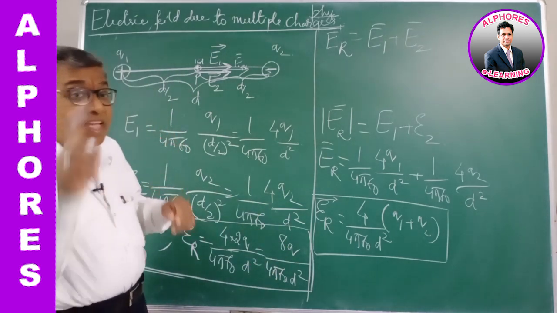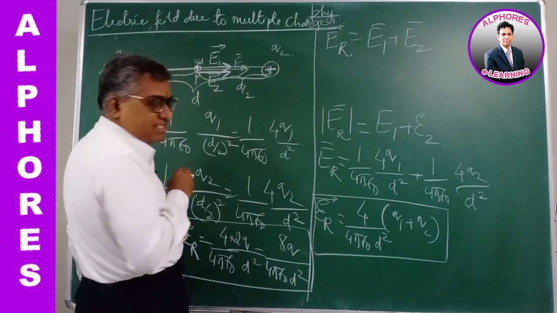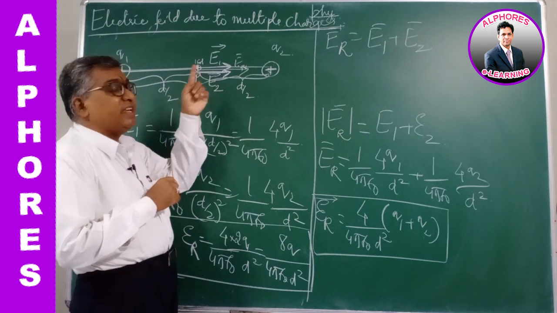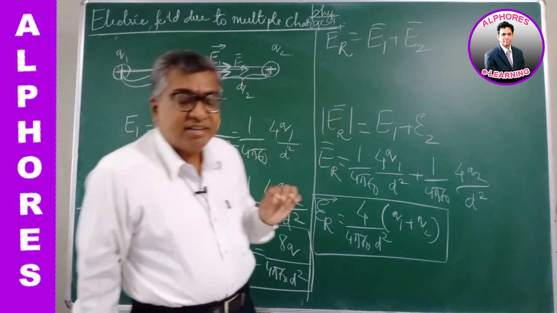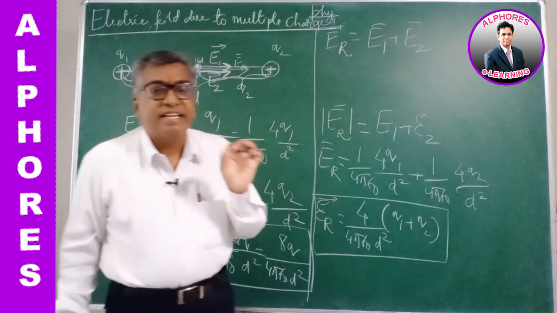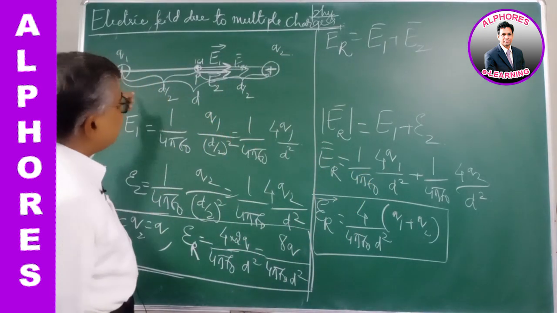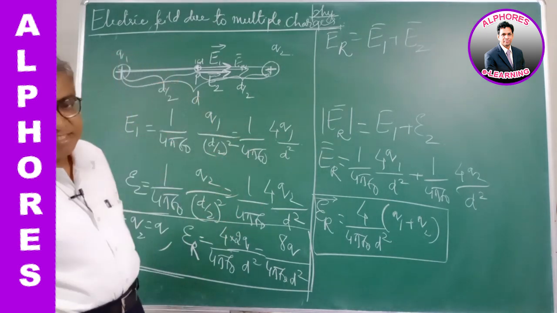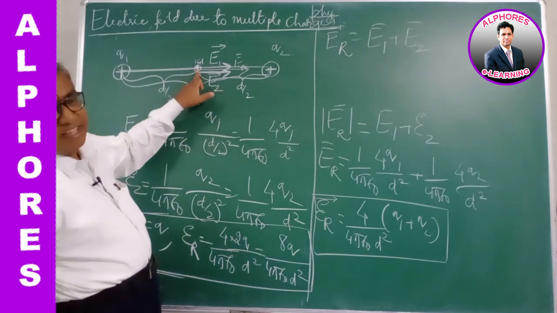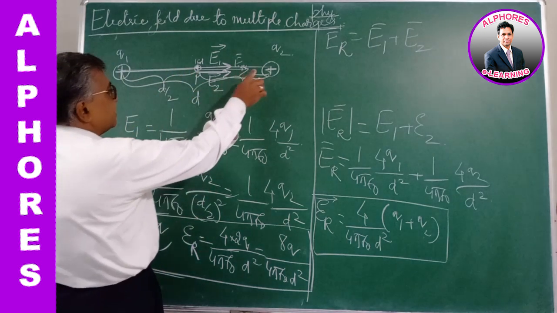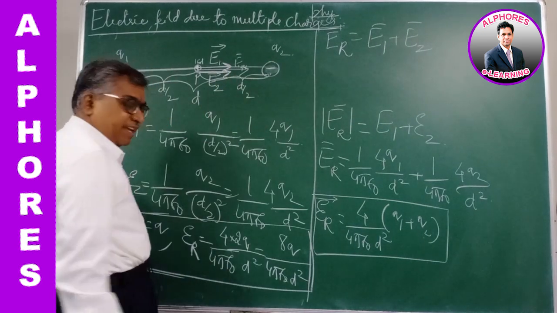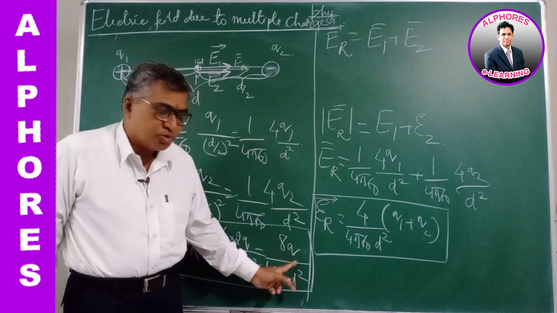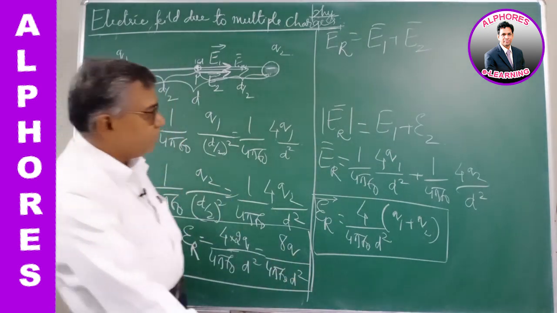Very beautiful question. Had these two been like charges, it is plus q and this is also plus q, then at this point the resultant field will be 0. The point where the resultant electric field strength is 0 is called the null point. Had these two been same magnitude and same nature, like charges of same magnitude, then this would be a null point. But here we have considered they are unlike charges. So the resultant electric field is 1 by 4 pi epsilon naught 8q by d square. A very beautiful question, right? You need to remember this.